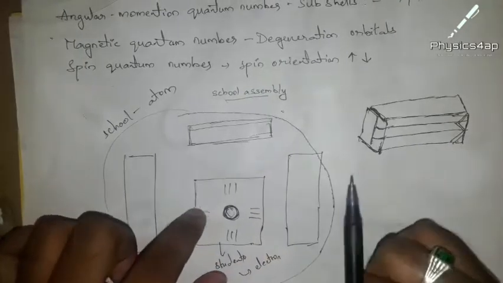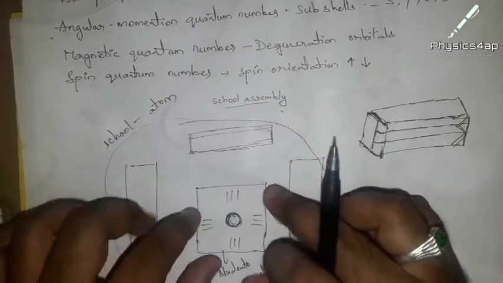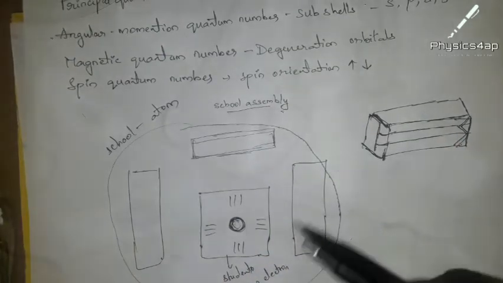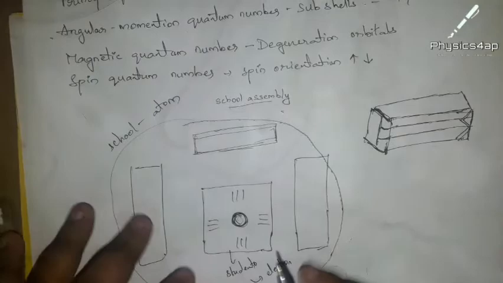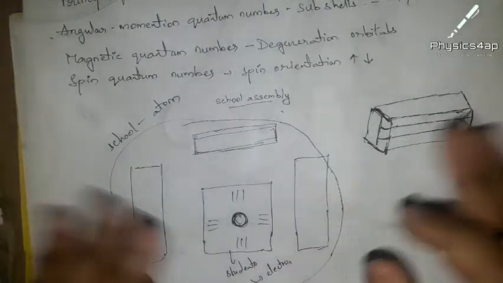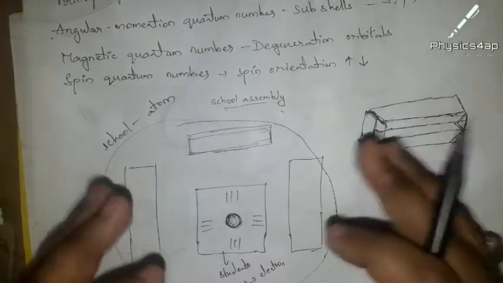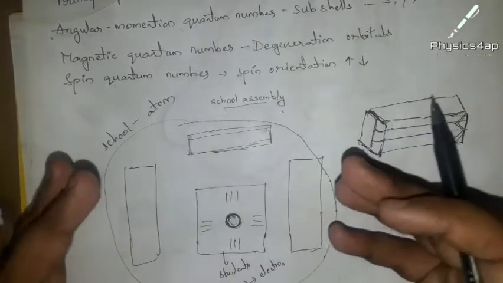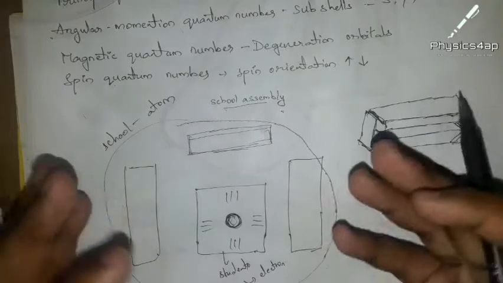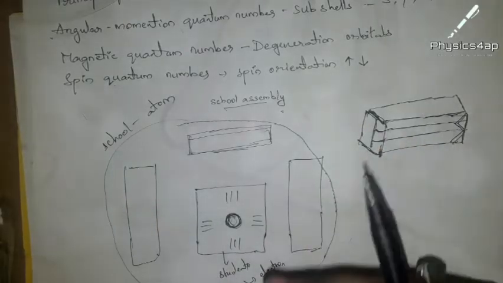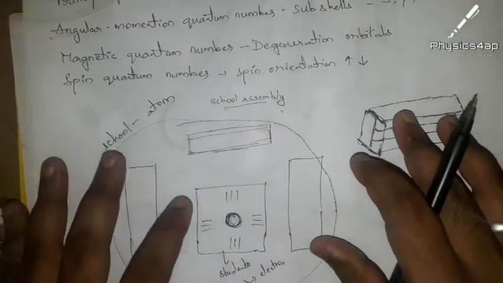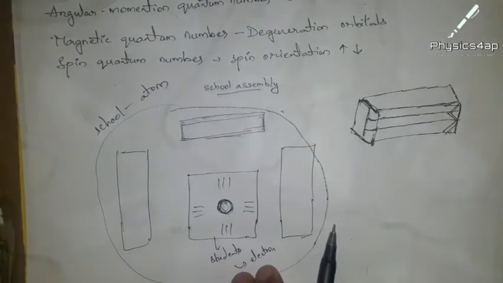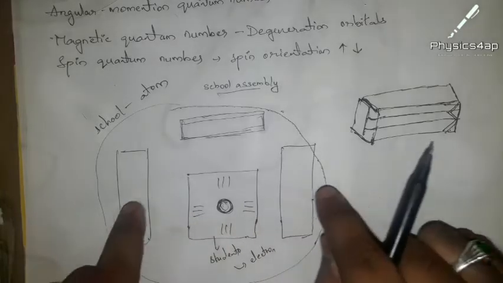Now after early morning, after the completion of your assembly, what will you do? Obviously you will go to your respective classes, like 6th grade, 7th grade, 8th grade, and your respective sections. What do you have? A, B, C, or in my school we have the Mavericks, Stalwarts, Titans, Achievers, Pioneers, Innovators. So we have different sections, and all the students, who are considered to be electrons, move to their respective classes.